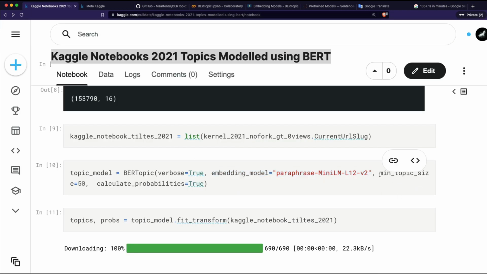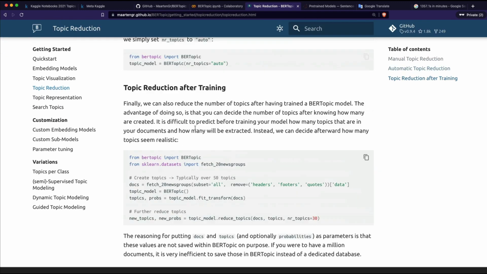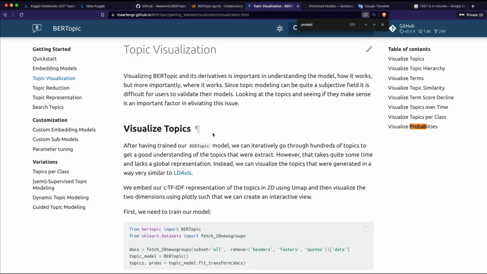The next thing is, what is the minimum topic size? You want 50, and then calculate probabilities. Calculating probability is another important area. So what is the use of calculating probability? Once you calculate probability, let me quickly show you topic visualization. And if I have to show you probability,